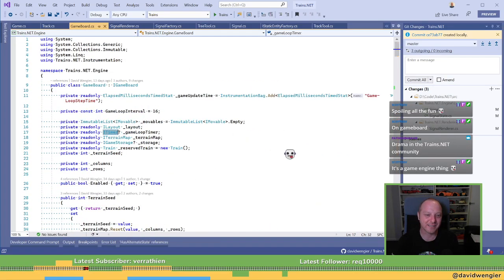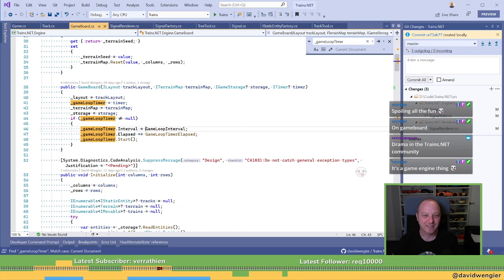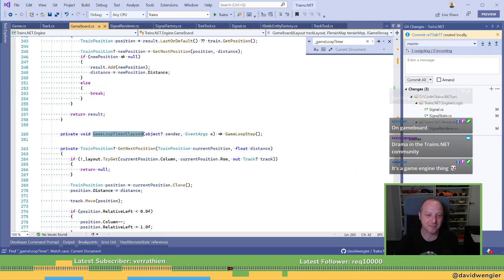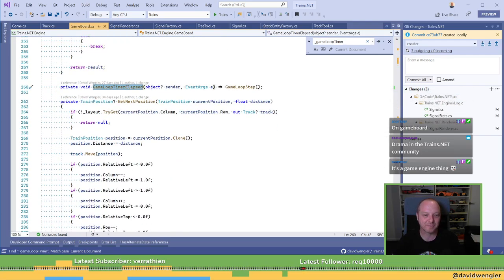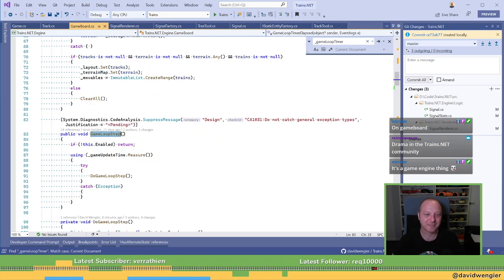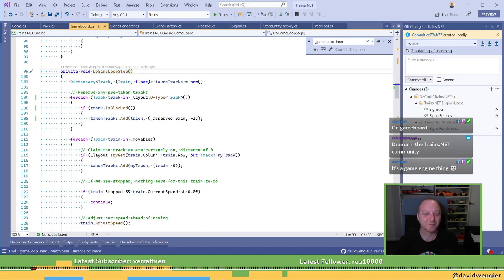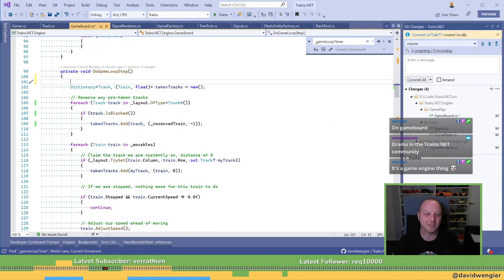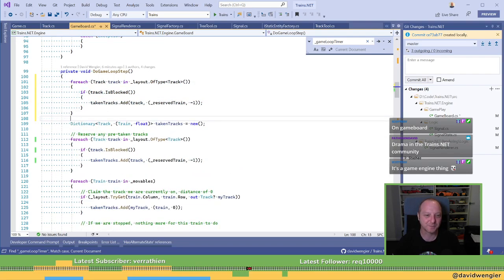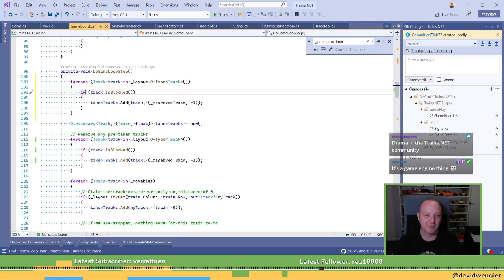Timer. Okay, game loop timer. That's better. Game loop. Game loop elapsed. Game loop step. Find through. Okay. So, do game loop step. Here we go. We found it. Okay, so I'm going to do all of these first because otherwise this code won't work. Right, makes sense. And so this is an actual IStatic entity.